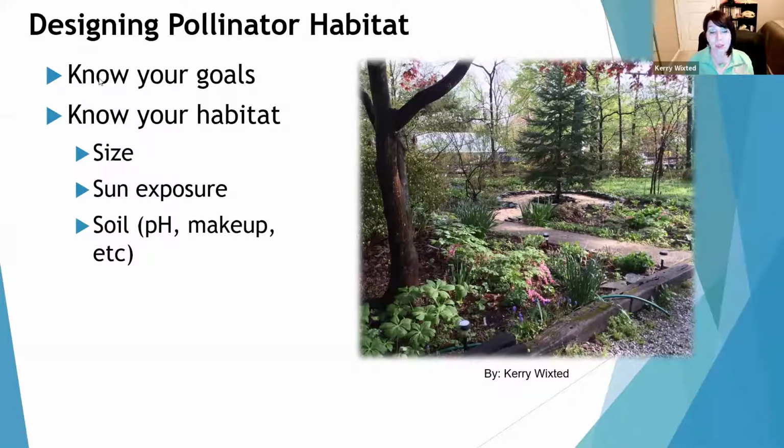And the second step is knowing your habitat. What size of the area are you going to be able to plant? What's the sun like? What's the soil like? So thinking about things like soil pH and the makeup of the soil. Is it sandy? Is it clayey? Is it kind of a mixture like a loam? Does it stay wet for a long amount of time? That's all important because that's going to factor into what types of plants are going to be able to thrive